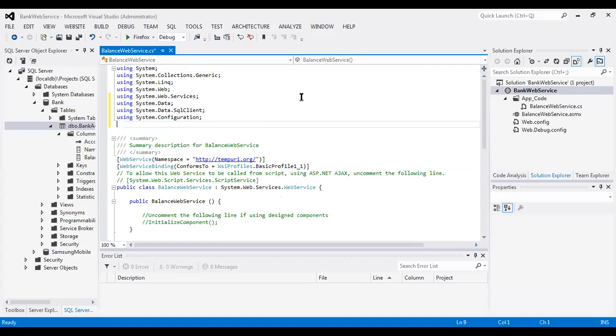So these three namespaces are required for fetching the data from the database. So the namespace declaration is completed.